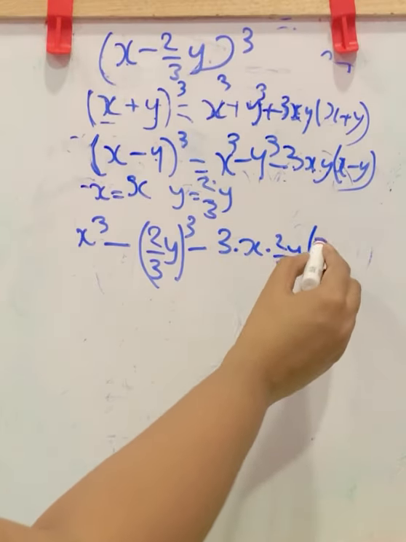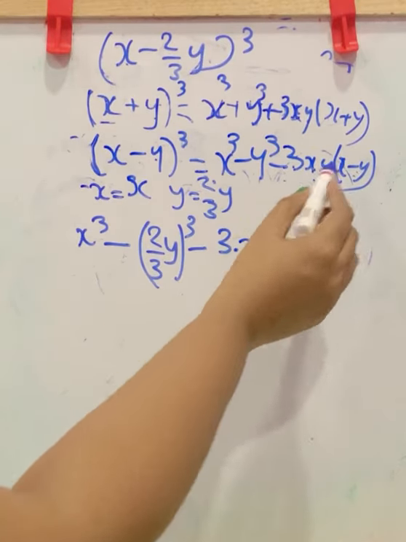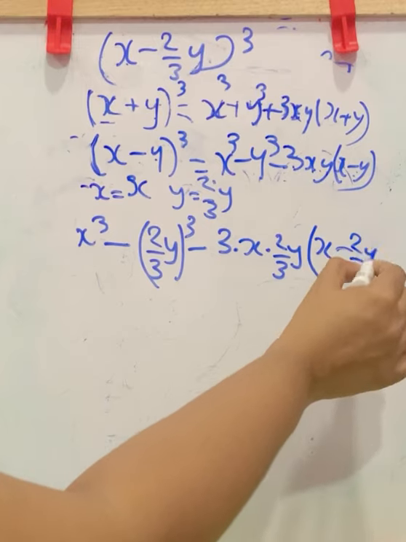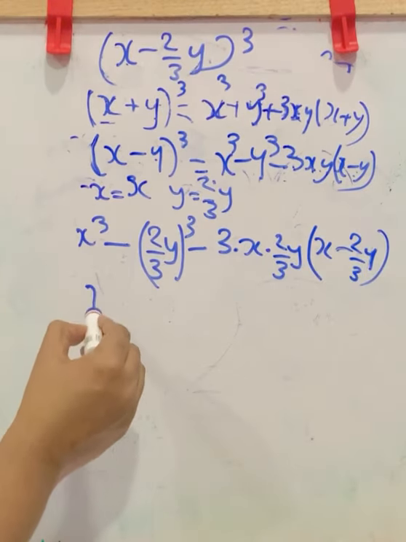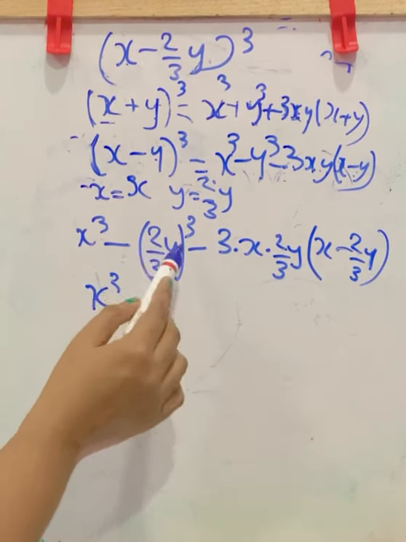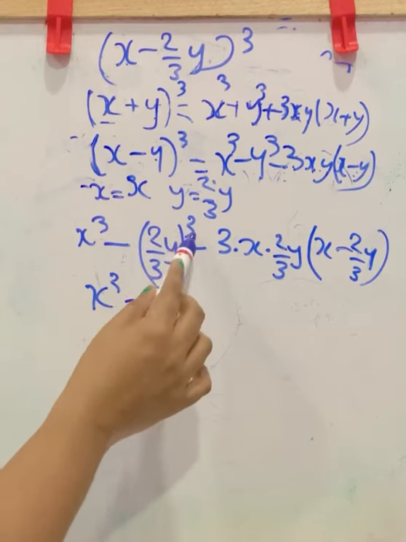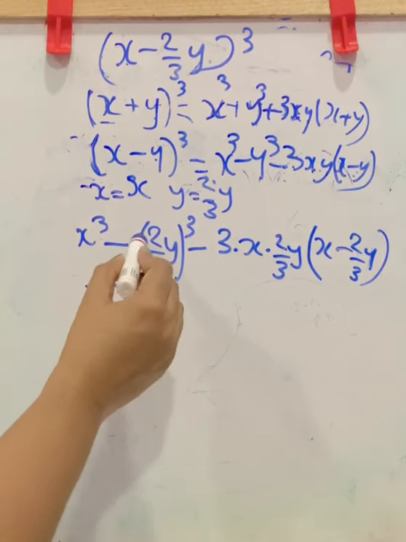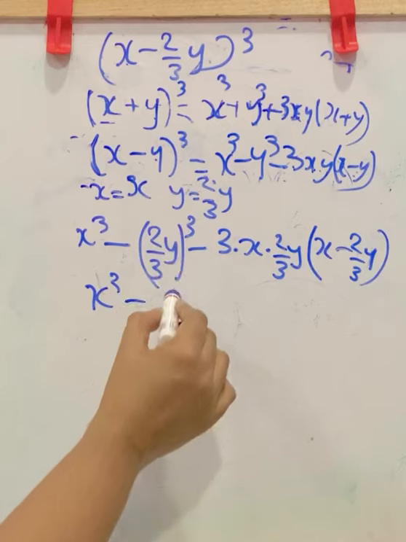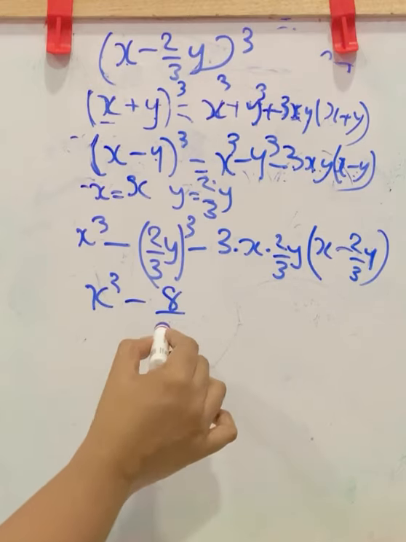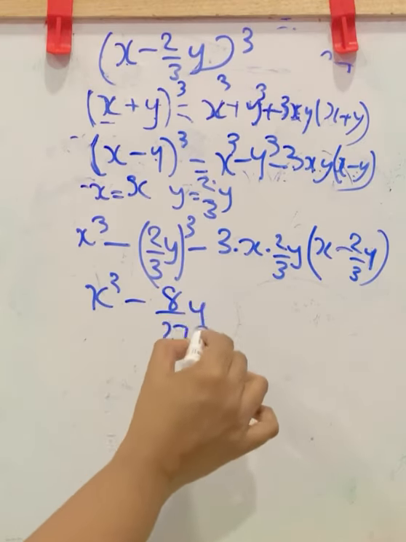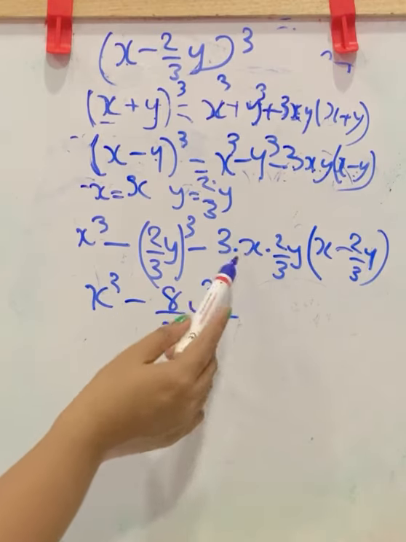Inside the bracket x minus, instead of y we will write 2 by 3 y. Close the bracket. Here x cube minus, this means 2 cube by 3 cube and y cube. Taking each cubes, 2 cube is 8 by 3 cube is 27, y cube is y cube minus, here in